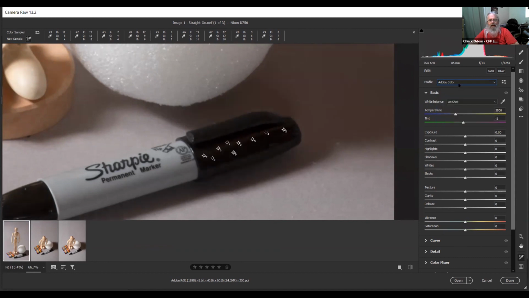And it changed on all of them. And if you look at your histogram, as soon as I do Standard, everything narrows in. The Adobe Color has a much larger gamut of colors that it can display. But PPA decided they're going to go with the Adobe Standard profile. And as you can see, just looking at some of these, the difference between Standard and Color